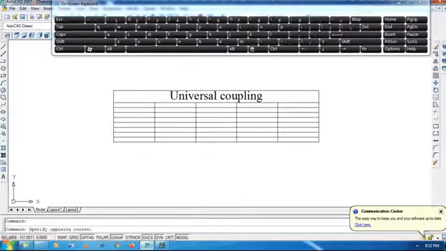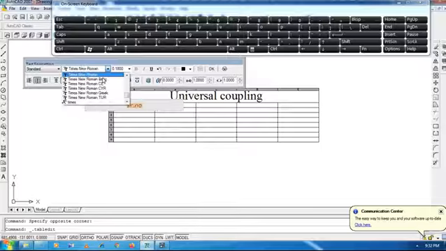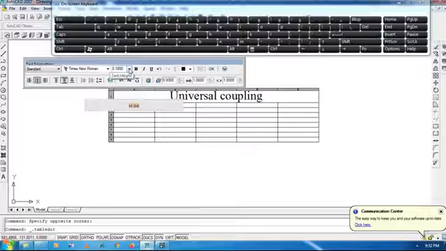Then if you want to enter here also, just double click here: serial number, SR dot number. So I will change to Times New Roman, and then I will take 0.7.